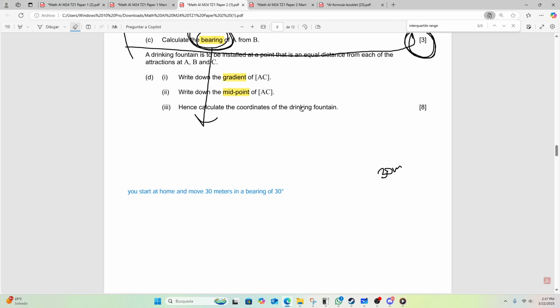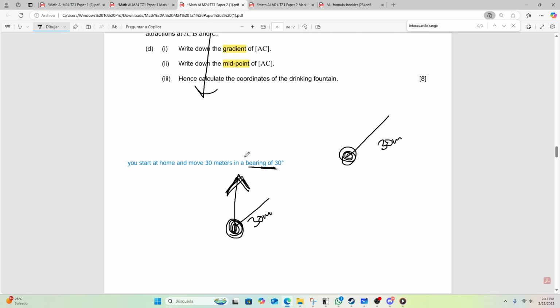How did I figure that out? How did I just do that? Well, the way bearing works is that you should always think about it first with your north. So draw your north, and then since it says bearing of 30, draw lines until you reach 30 degrees. If this is 10 degrees and this is 20 degrees, then 30 degrees is around here. So boom, there's your bearing of 30, and you do this for 30 meters.